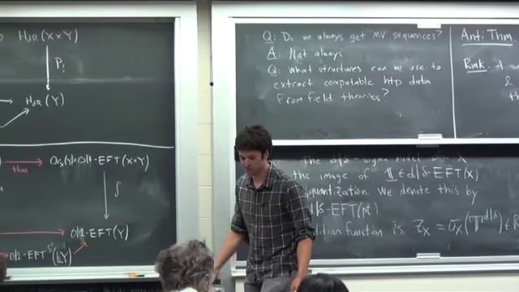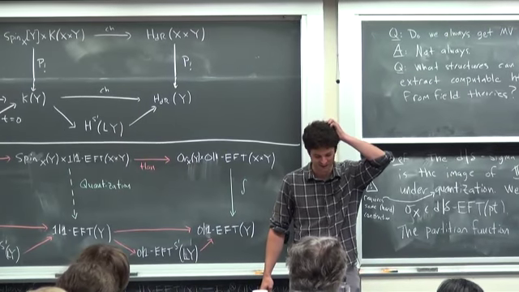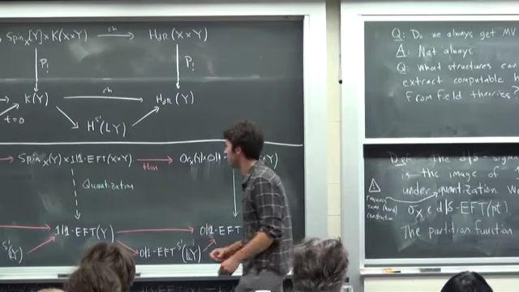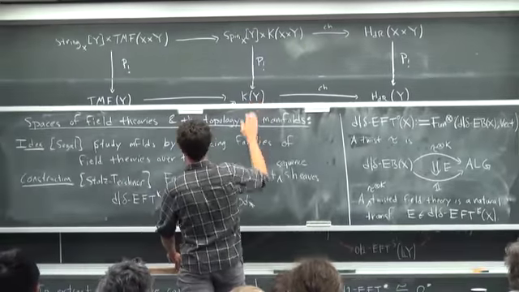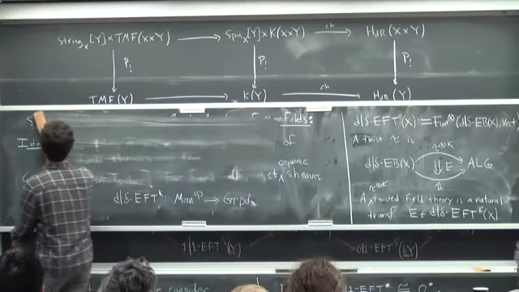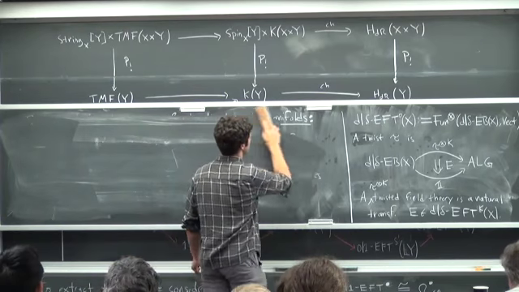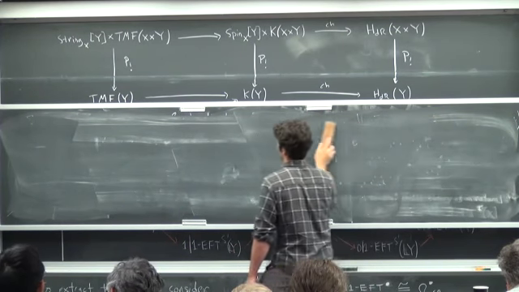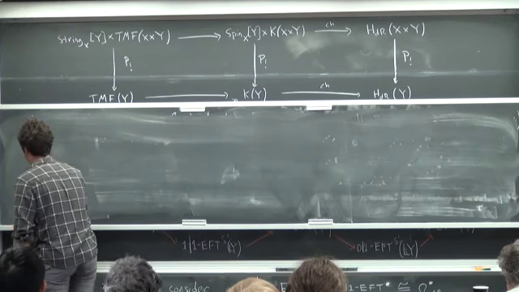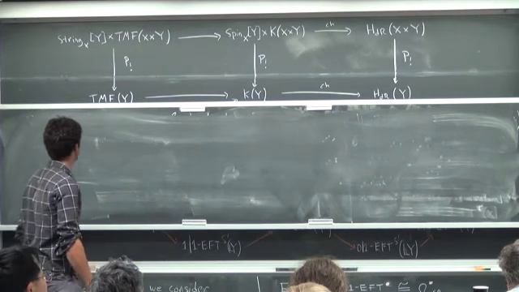OK, I'm going to have to blitz through the last little bit here. I'm halfway through the talk. What I want to explain is a way of recovering a cohomology theory from one of these sequences of field theories. So it's going to be sort of an approximating cohomology theory to this theory.